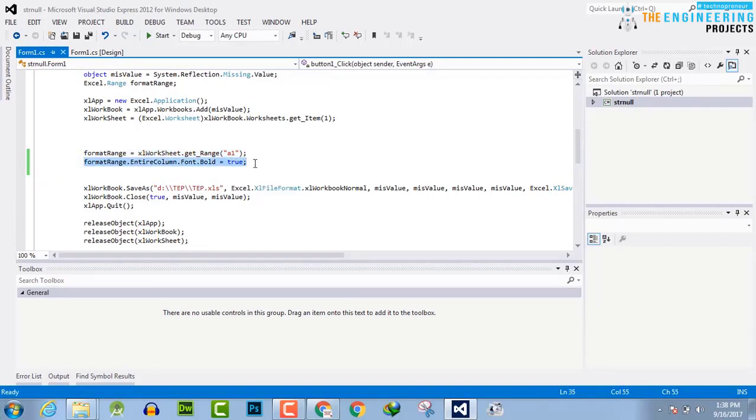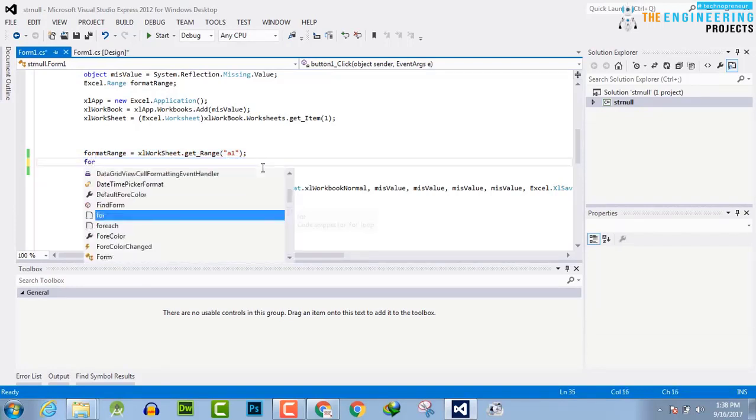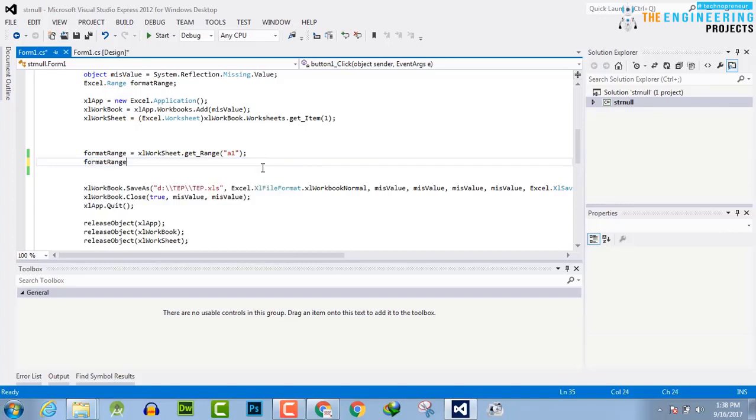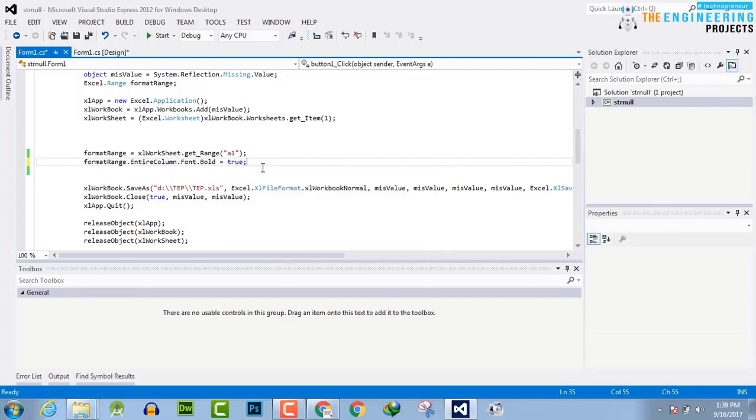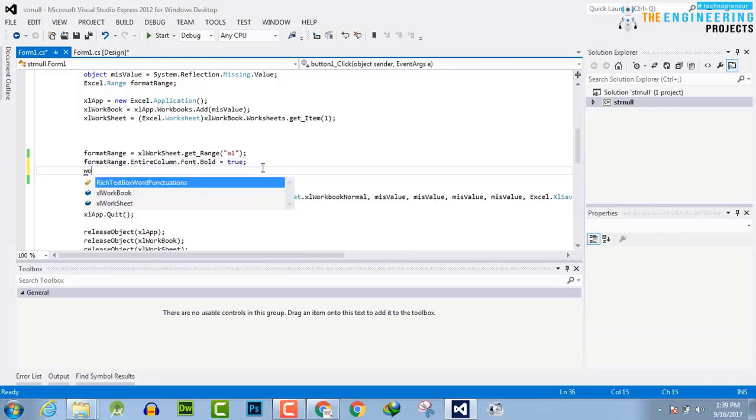Then I will say format range dot entire column, which is A1 dot font. The font of the A1 dot bold, get bold is equal true. Then I will enter the value as XL worksheet dot cells, and in here cell 1 by 1 is equal there,